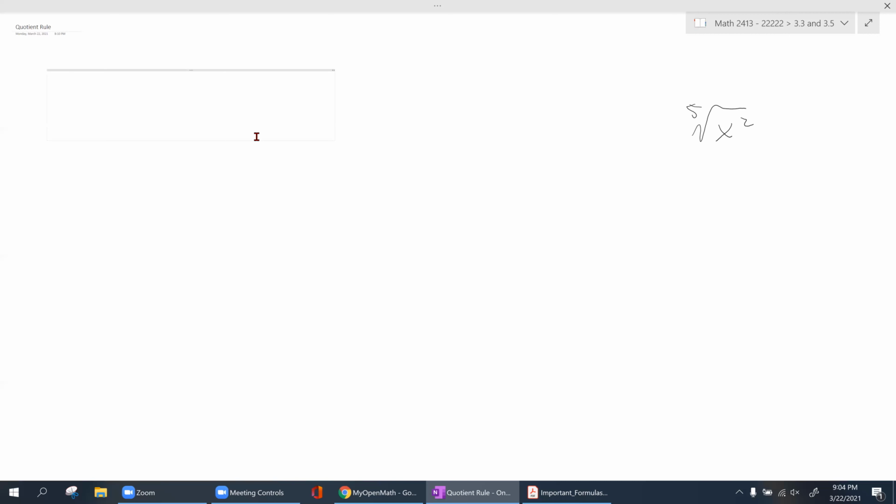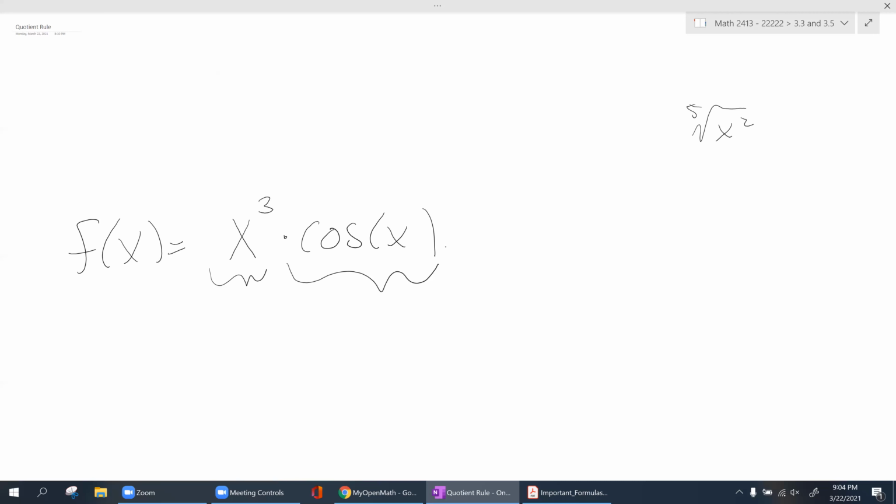I may ask you, right? Hey, I want you to find the derivative of x to the third times cosine of x. Whoa, what do I do there? Well, we apply everything we've learned, right? How you do this is, remember, these are two terms with respect to x that are multiplying, right? If they're multiplying, that is going to be product rule, right? Product rule is